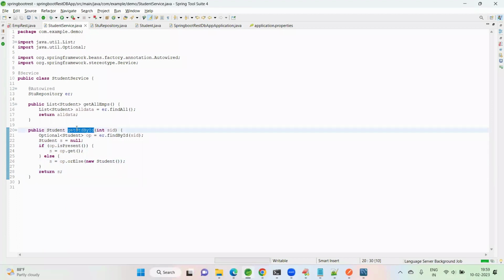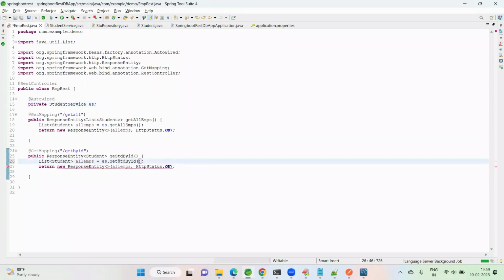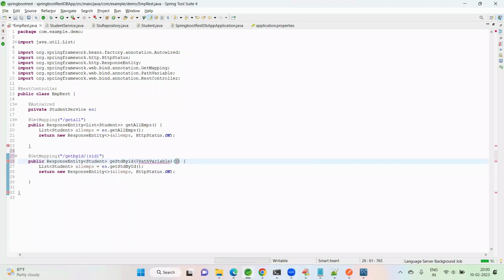Okay, this method will be called from the service layer. Actually not the service layer, the REST API, the controller layer. How to call it with student ID? I told you we can pass the input data by using query param or path param. Here I'm using the path param, SID. How do we take this SID? What is the annotation to read path variable data? Path variable, key is